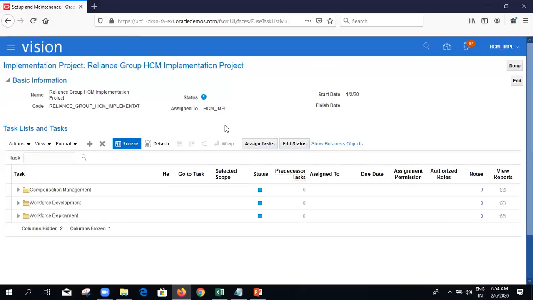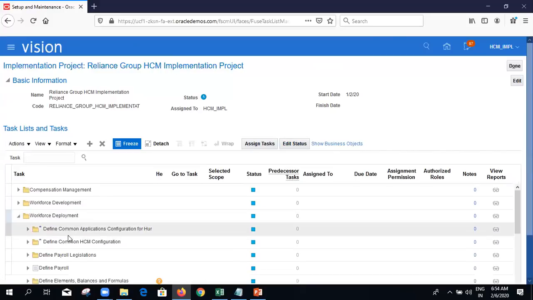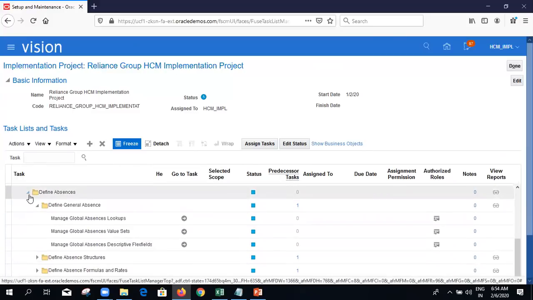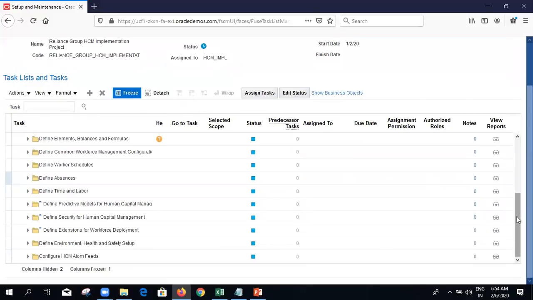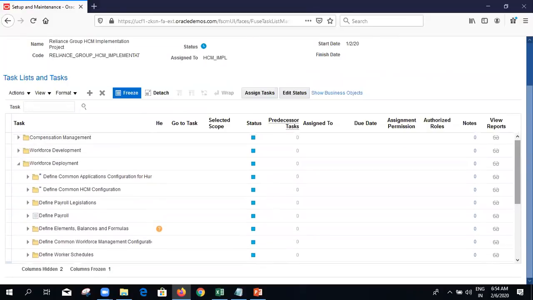So my project manager wants to assign these global HR related tasks to that respective consultant. He can assign the tasks from here. First he will choose where the global HR related things are, and then he will assign the task to that respective person.